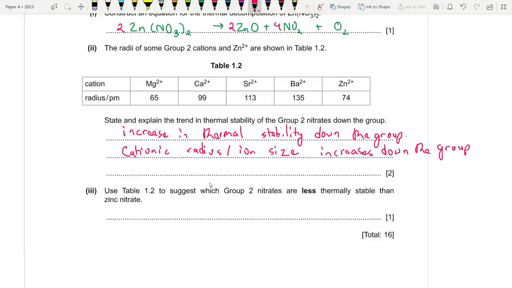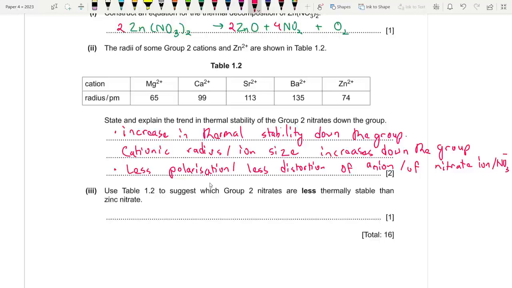down the group. Okay, so you could say that charge density of cation decreases down the group. That's also accepted in the marks scheme. So this overall is 1 point, and the second point is that there is less polarization of the anion. So there is less polarization, or less distortion of anion, or you could literally talk about the nitrate ion, NO3 minus, or you could say that there's less weakening